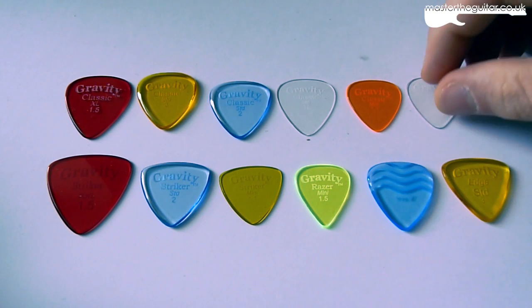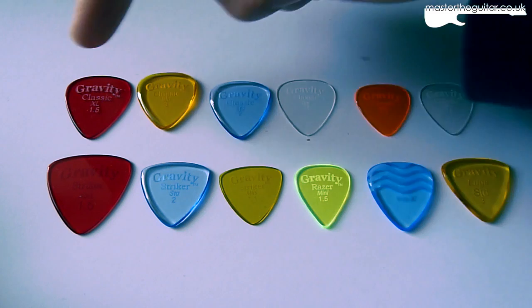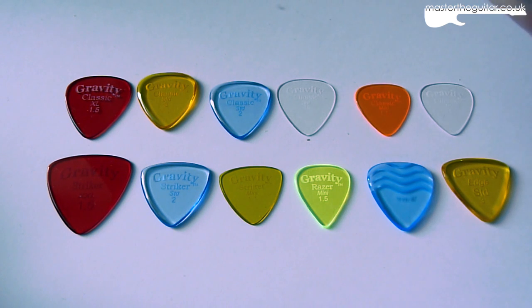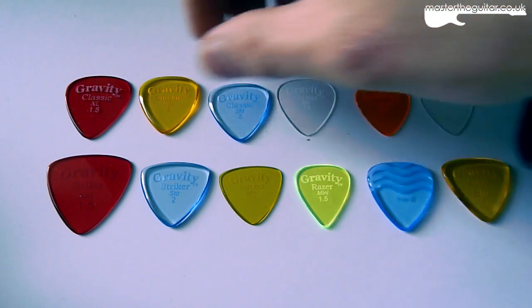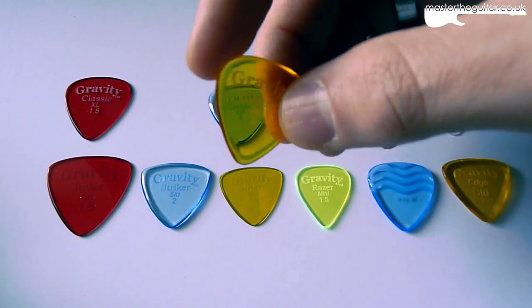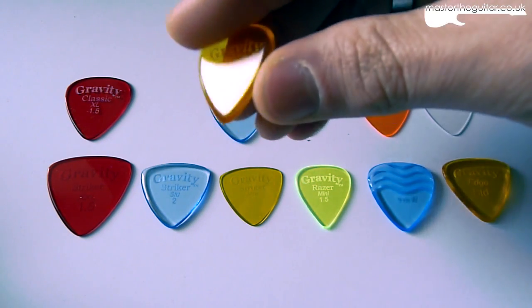So here we have the range of picks that I've got to talk about. Along the top here we've got the classic shape from Gravity Picks. Now all these picks are made from cast acrylic, which is obviously a type of plastic, a type of acrylic resin. And cast acrylic is quite a good material because it allows you to get a nice clear buffed up finish on it. Basically they're made from cast acrylic, laser engraved, and then hand cut and buffed into shape,